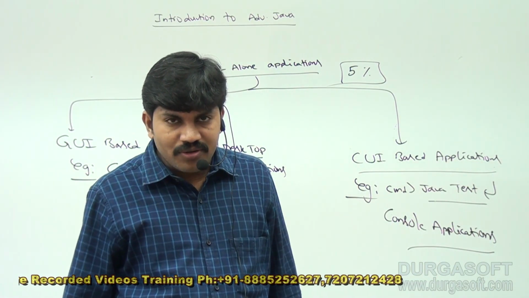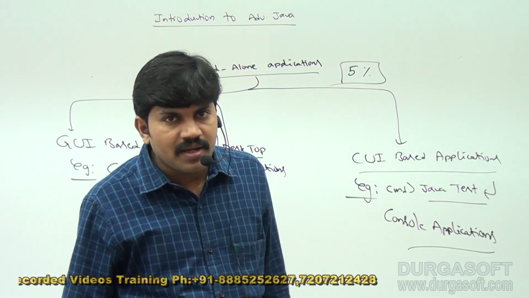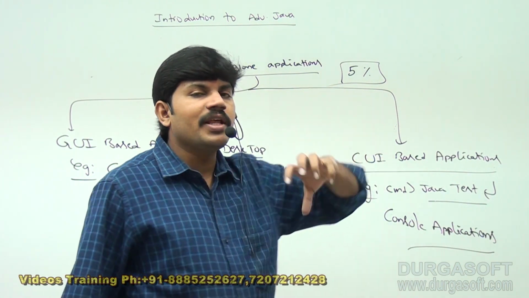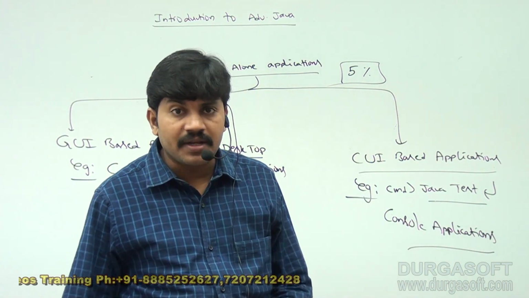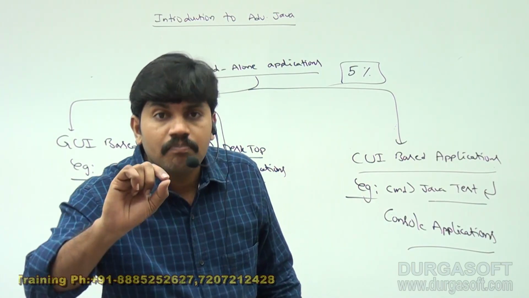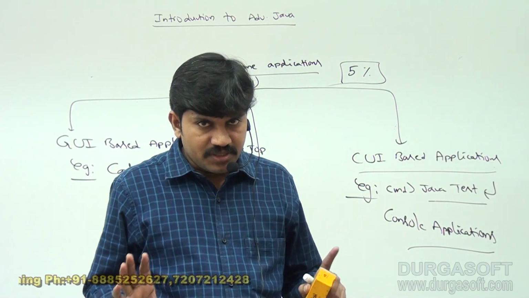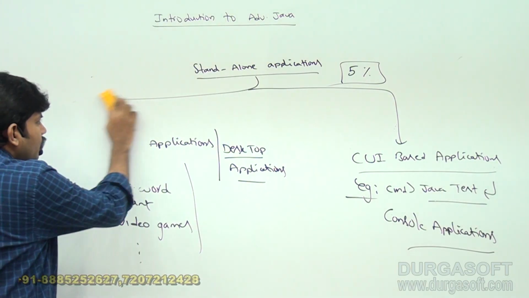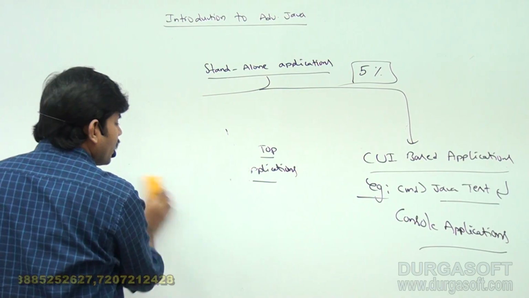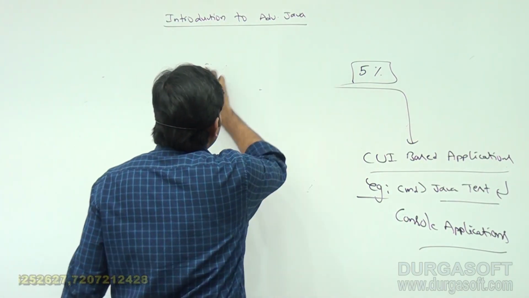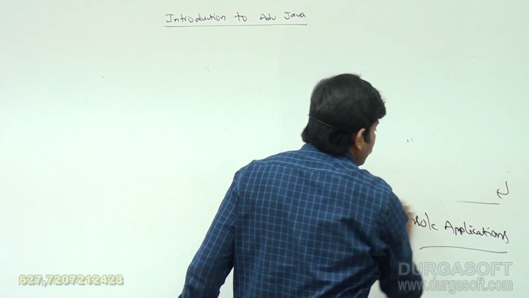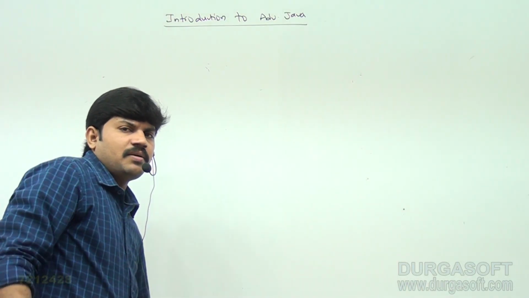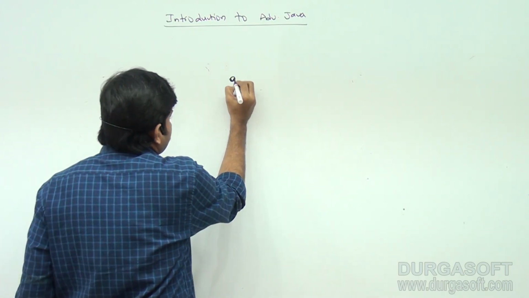So why should we not stop our learning only at the core level? Because with core level, we can develop only 5% of total Java applications, right? If I want to develop web applications, compulsorily we should go for advanced Java. Clear for all of you? Just observe. Don't think too much about what a web application is, because in our day-to-day life we are always using web applications. Best example, I'm using Gmail. Have you observed?